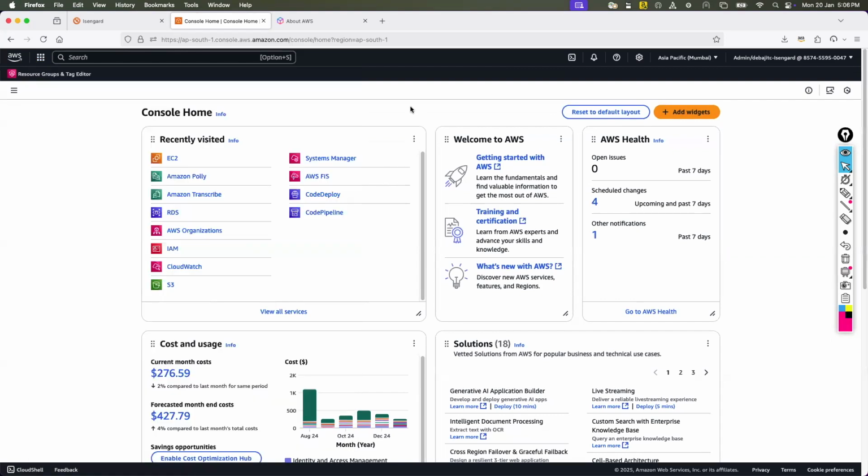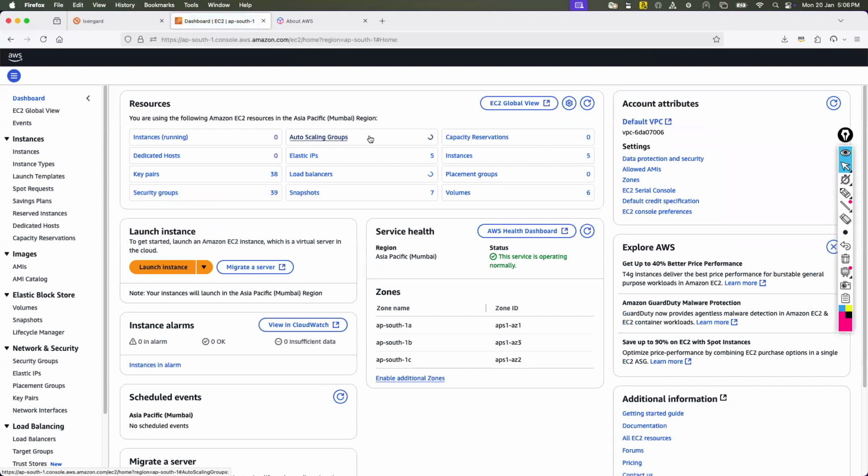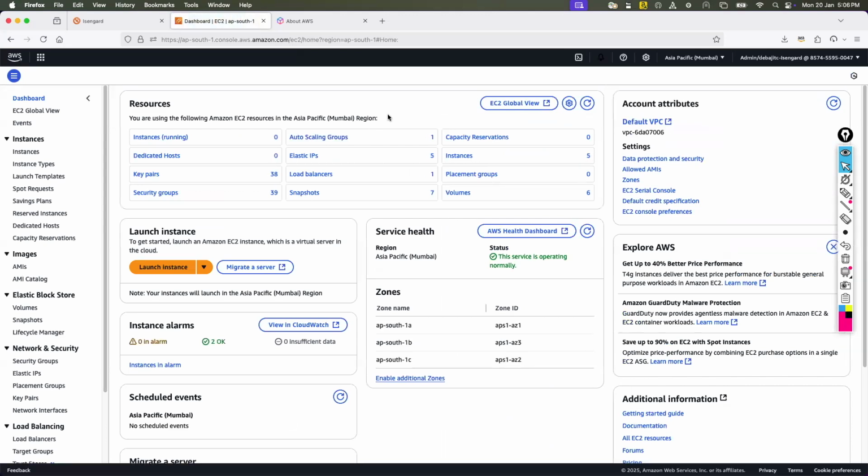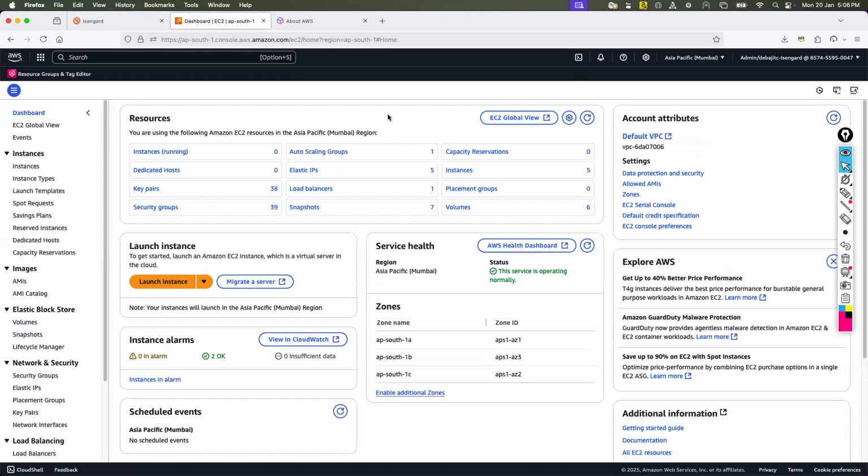Now, first we need to understand EC2, right? As per our curriculum. EC2's full name is Elastic Compute Cloud. What is that? These are virtual machines, nothing else. But the name is a little interesting that AWS made for us. When I click EC2, there are so many things you see. In 60 minutes it's not possible to show you everything, but at least you can see how to launch a server, a virtual machine.